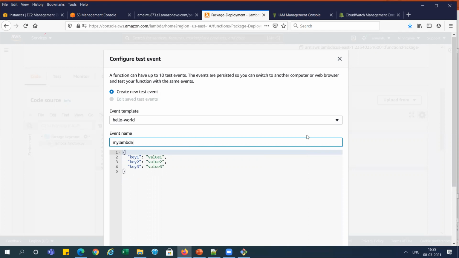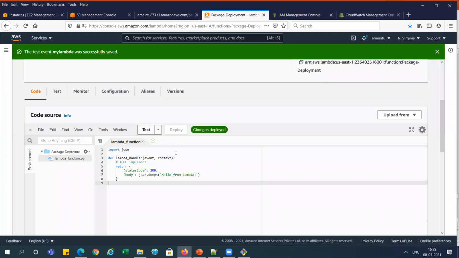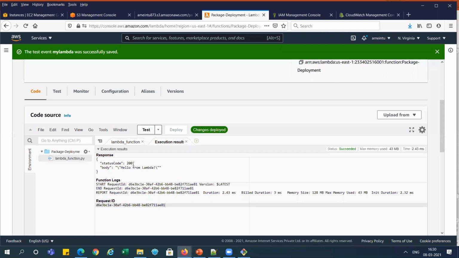I'm giving the value my Lambda, hello world, right? And create, right? Test is created. You can see here my Lambda. Now I'm just running it. You can see it is running successfully.